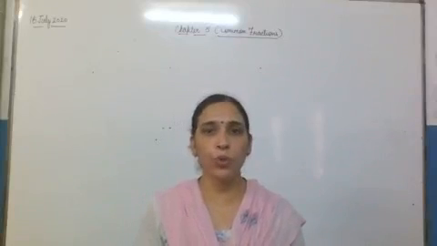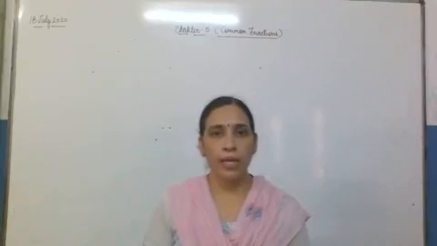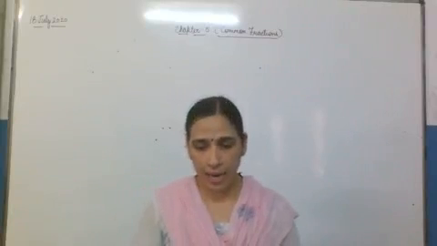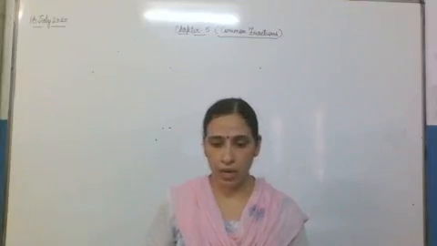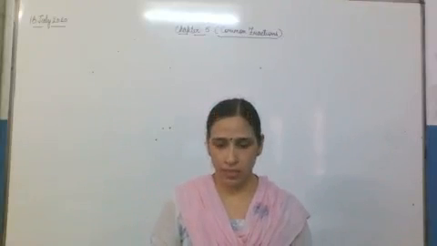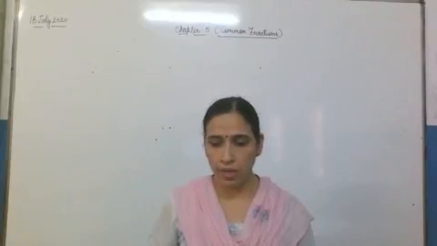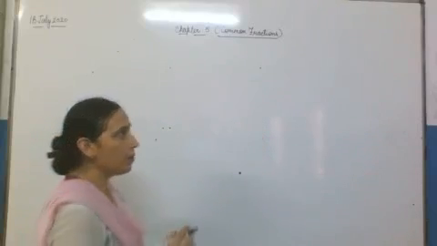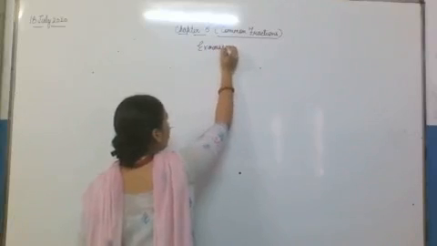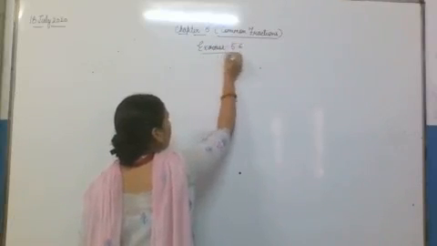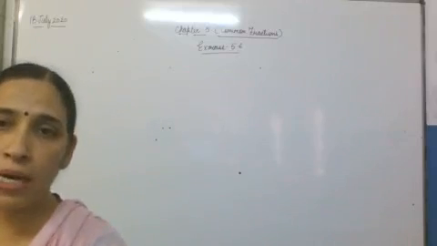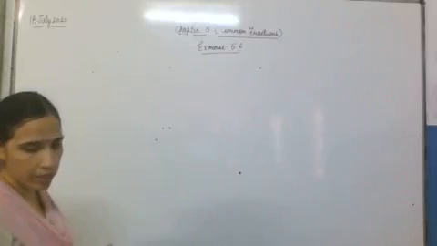Now we will see a few questions from exercise 5.6, which we already started yesterday, and we completed up to question number 6. So children, let's start with question number 7, which is again a multiplication of a proper fraction by a whole number. So again we have this question, multiply. So let's start that question number 7.